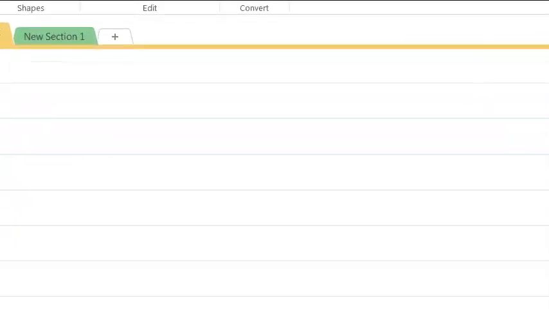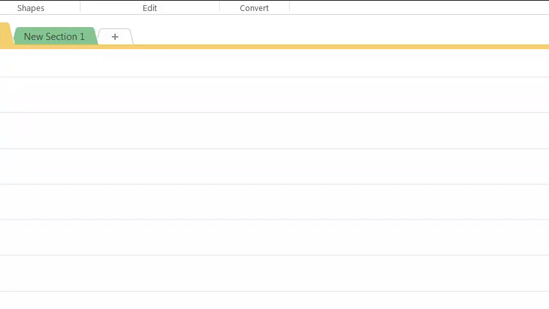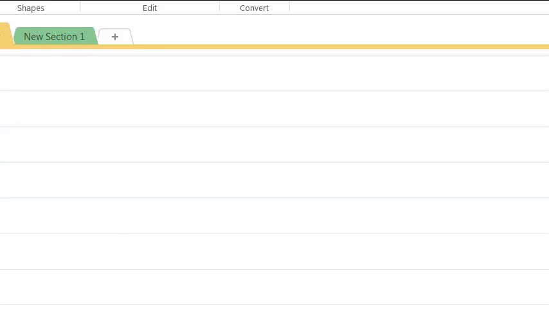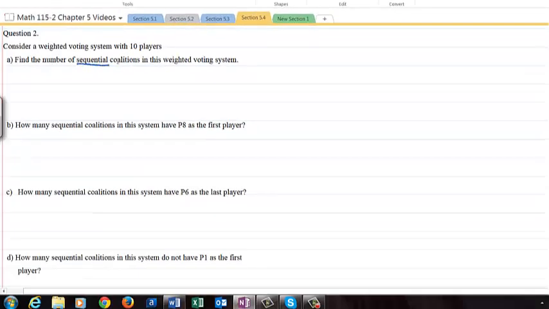Question 2. Consider a weighted voting system with 10 players. Find the number of sequential coalitions in this weighted voting system. For sequential coalitions, the number of coalitions is n factorial. 10 factorial equals 3,628,800